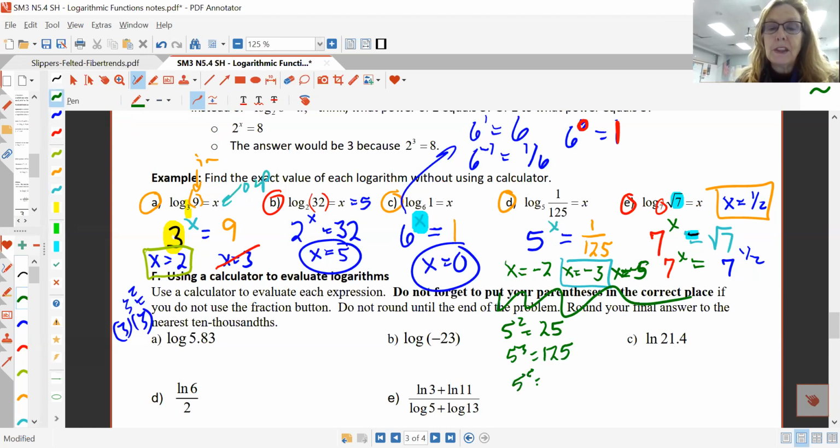5 to the 5th, I don't actually know that. That's a pretty big number. Let me think of that. 5 caret 5, what is that? Oh, that is a big number. So I just did that on my calculator because there is no way I can multiply that out in my head. 3,125. Okay. If I make them negative,